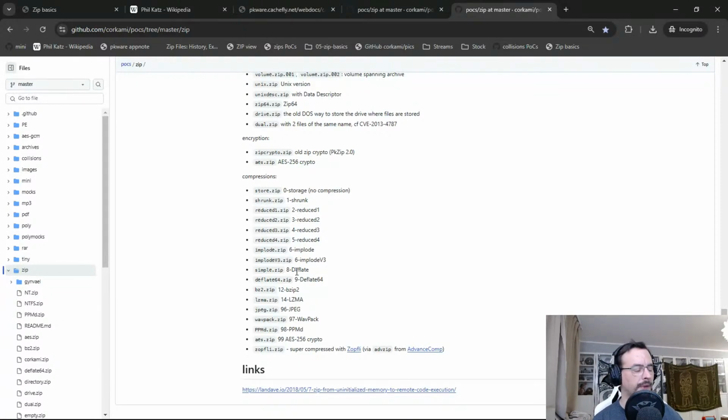Anyway, not only is deflate standard for compression, and it's number 8, but a lot of software only supports, for example, compression 8, like some APK tools. They don't support the other compressions at all. And you can sometimes bypass some systems by just sending a zip using a different compression. And then you have some very funky compressions that are adapted, but I never gave them a try, like PPMd, WavPack, JPEG, that have their official number. And if we check